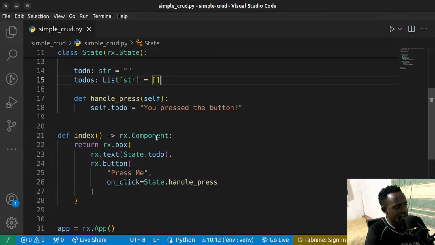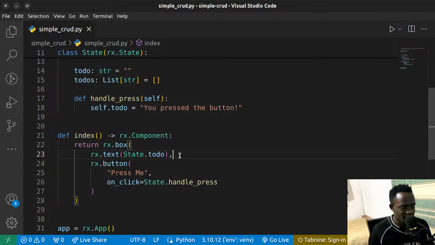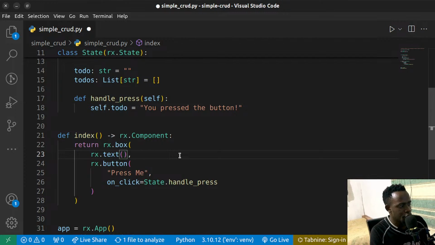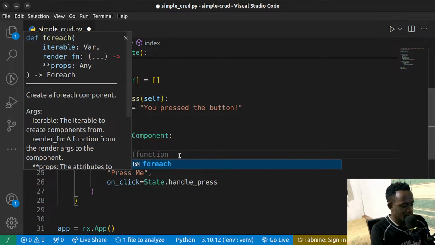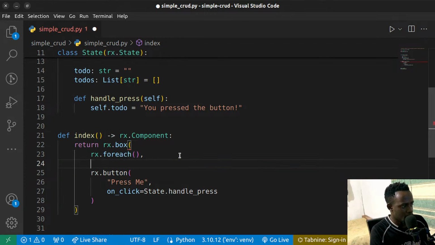The way we're going to do that is by using the rx for each method. Now, keep in mind that this video is not scripted at all, therefore I may knock myself on the wall trying to land into errors and solving them. But what you're going to do is say that in here we're going to have a to-do, but we want to loop through the list of to-dos. Now this is where state is important. You're going to say rx for each, and what this is going to do is help us be able to render